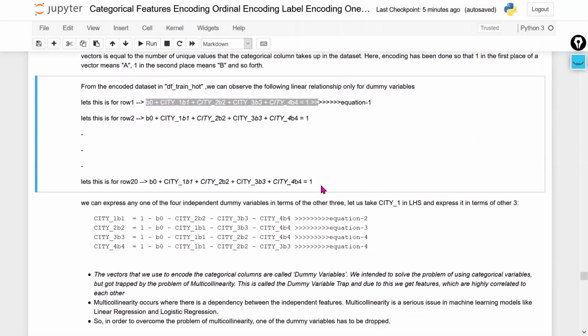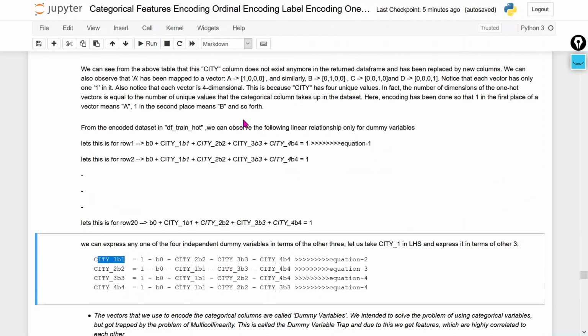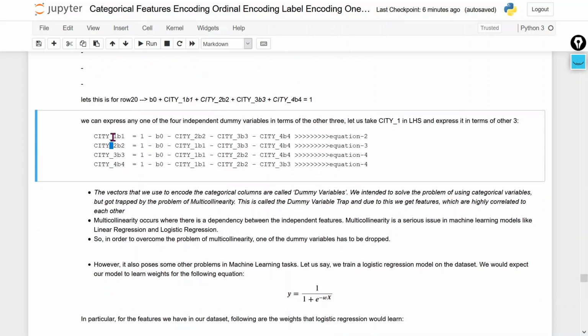So we can write all these equations in such a way: city1 is equal to 1 minus the others. If we move all these values to the right-hand side, we can write the equation this way, and the same for city2, city3 and city4. If you observe here, city1 is explaining the same thing that city2, city3 and city4 are explaining.